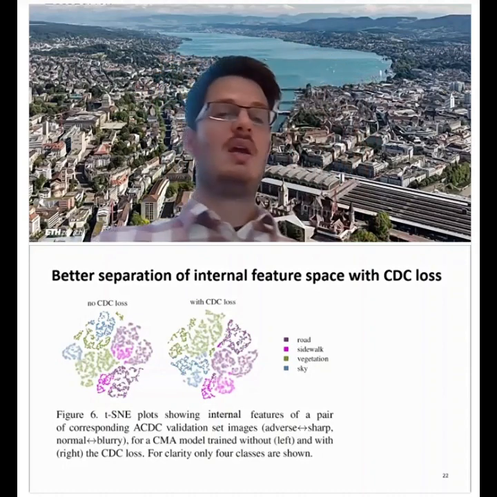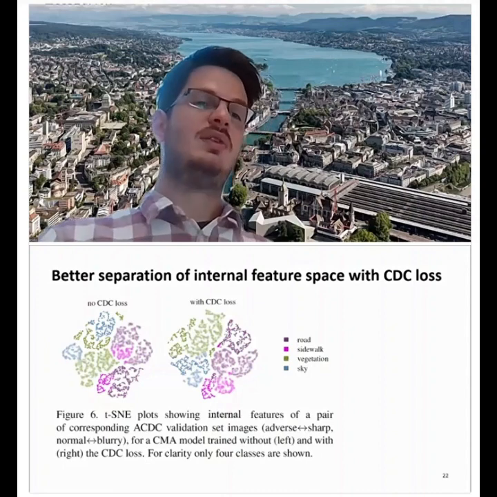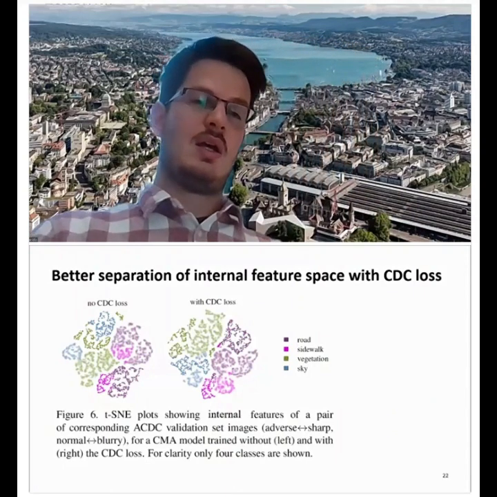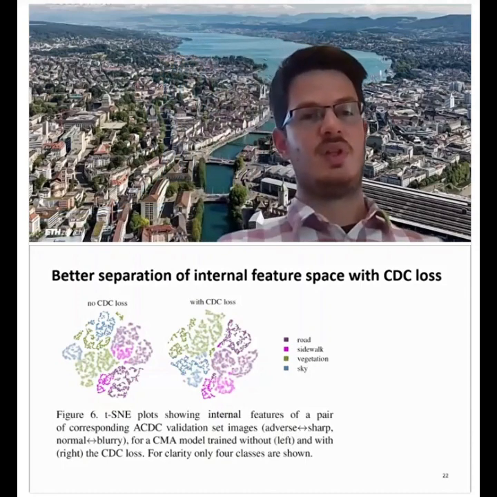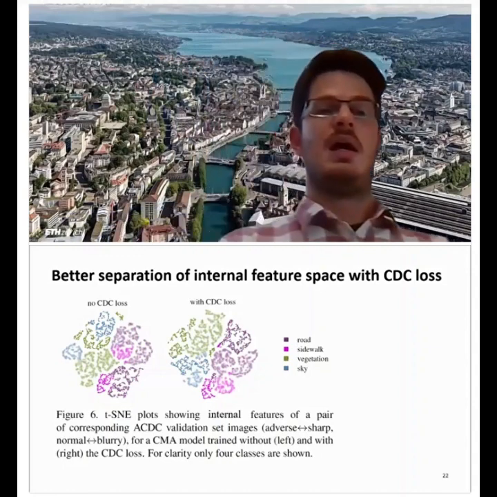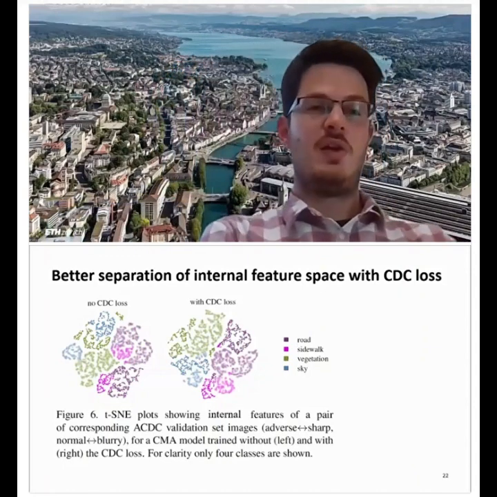So here I show a t-SNE visualization with only 4 classes, just for easiness of visualization. Without the cross-domain contrastive loss, you see that the representations of different classes are not clustered together in the feature space.